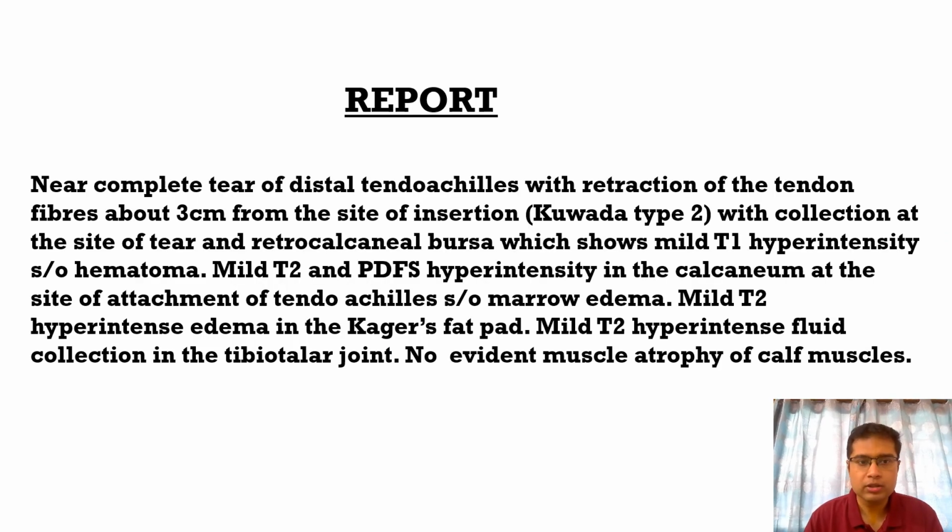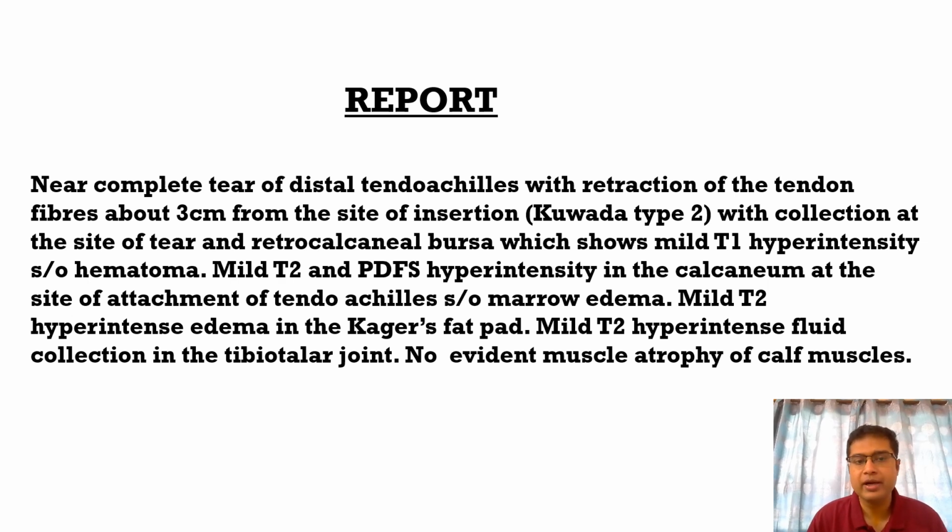So this is the report that I had given. There was near complete tear of the distal tendoachilles with retraction of the tendon fiber. This is very important to be given in the report, the retraction of the proximal fibers. It was about 3 centimeters from the site of insertion, giving it as Quada type 2. I'll be discussing Quada classification in the next slide, with collection at the site of tear and the retrocalcaneal bursa,